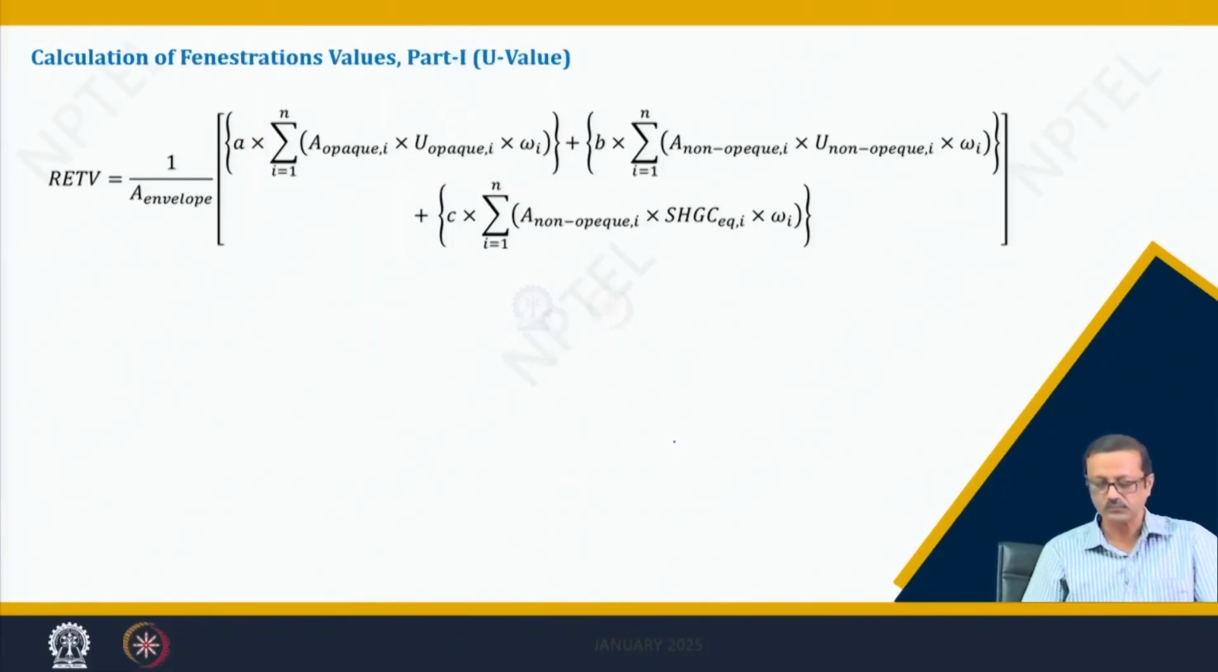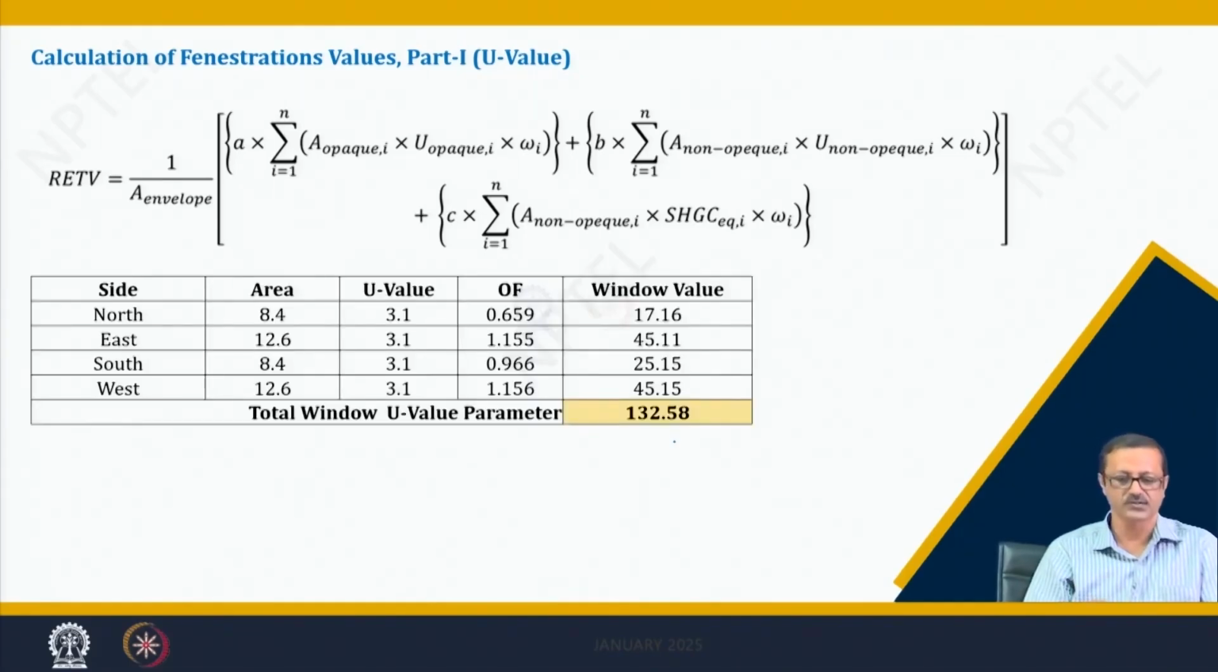Similarly, I will go to the second part of the equation, which is the U value part of the fenestration. Now I have to write down the fenestration areas, and these fenestration areas are of two types. First, I have calculated for the windows, which have 3.1 as U value, and those are the areas of the window, 8.4 and 12.6. Again the same orientation factor is taken for all the 4 sides, and it has been multiplied and added up. So, this